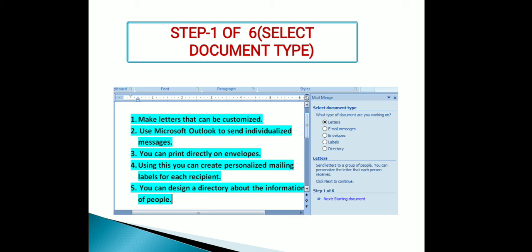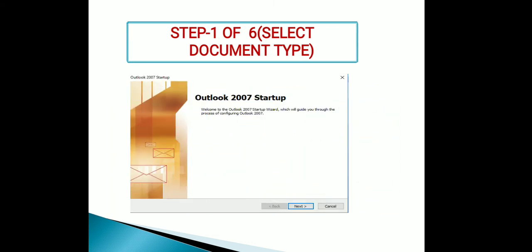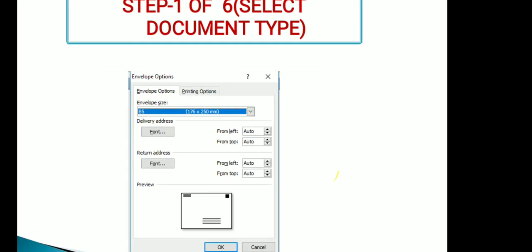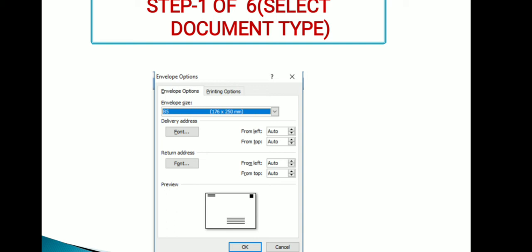The third option here is the envelope. Now you can check the envelope options. The envelope option allows you to create the envelope. Here you can see the options: envelope size, you can select font, return address, and you can also see the preview here.